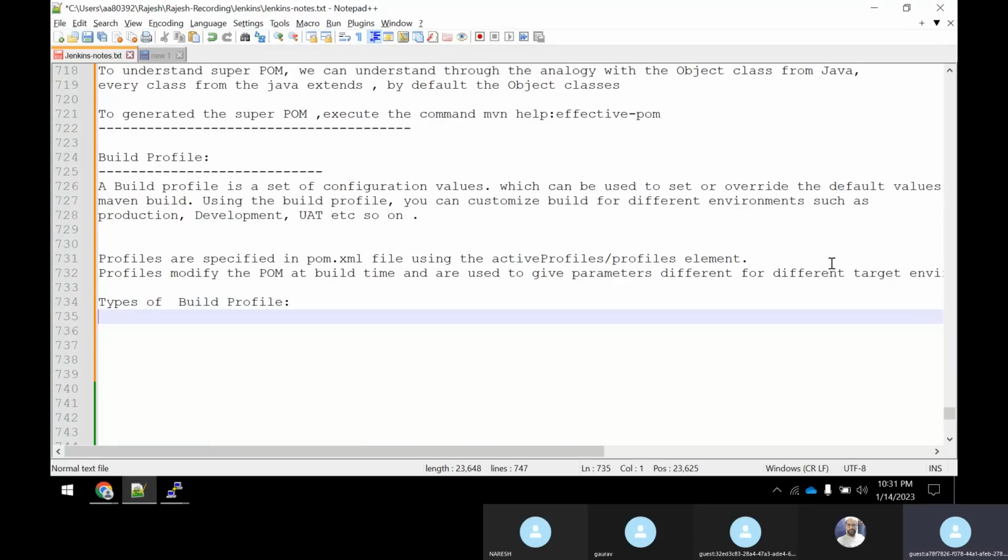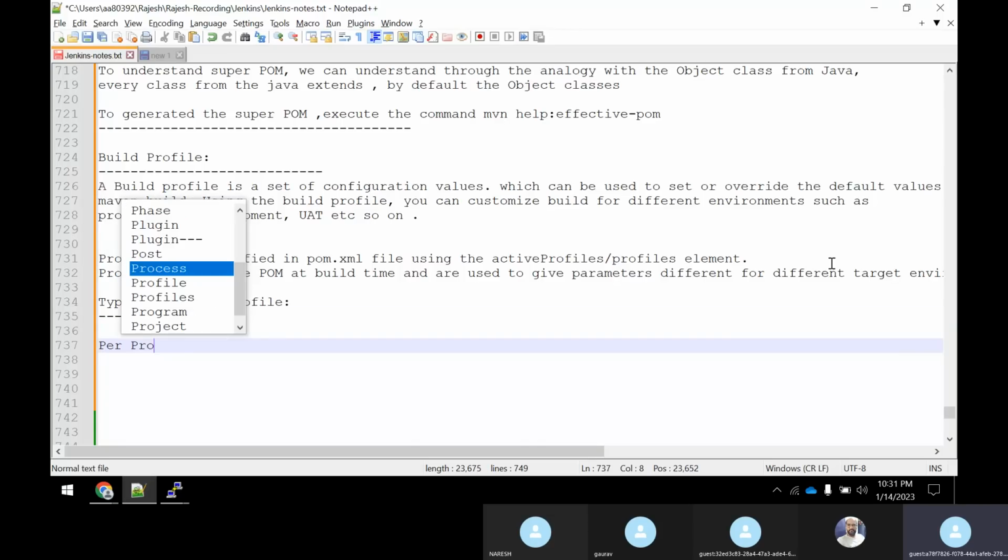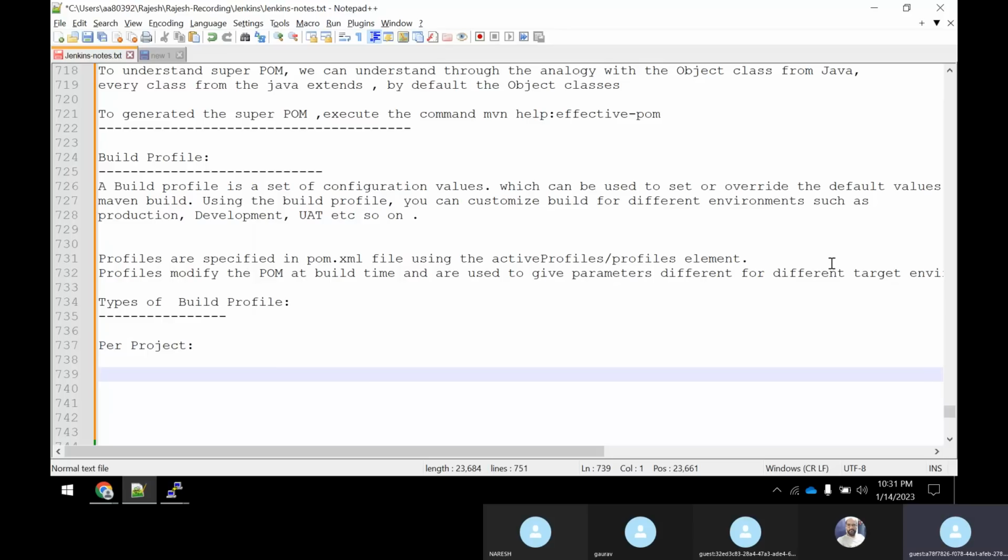So we have different types of build profiles. Guys, you just need to understand this theoretically, that's all. What are the different types of build profiles you have? You have per project build profiles, per user build profiles, and global build profiles.